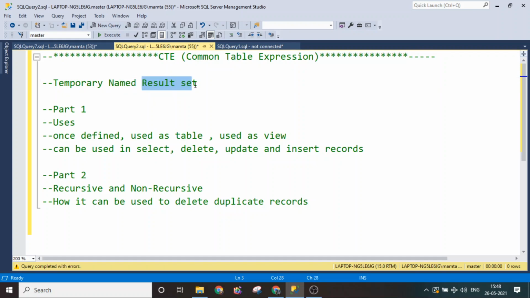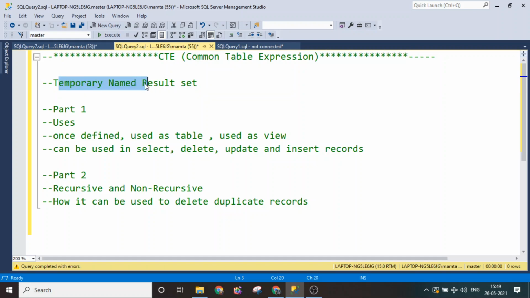It is always giving you the result of some query. It's not a kind of action which your query is doing, like a trigger is doing. This is not an action, it is just fetching the data. So it's a result set. In one line, we can say it is a temporary named result set, which we use in queries for a specific task. Now we understand the definition.